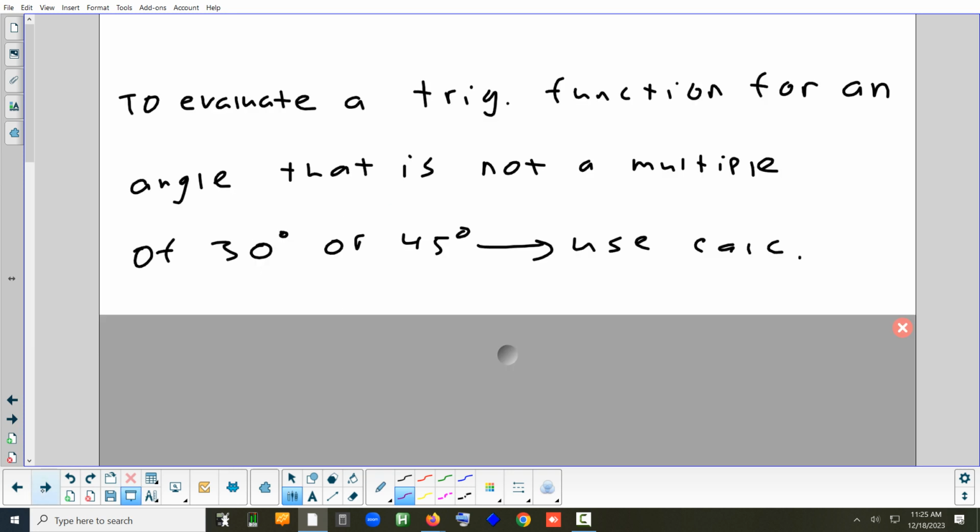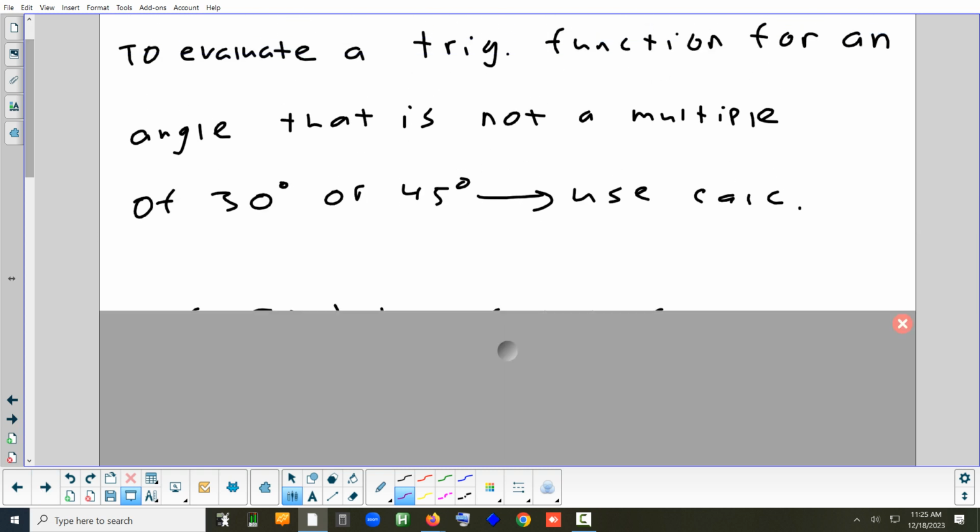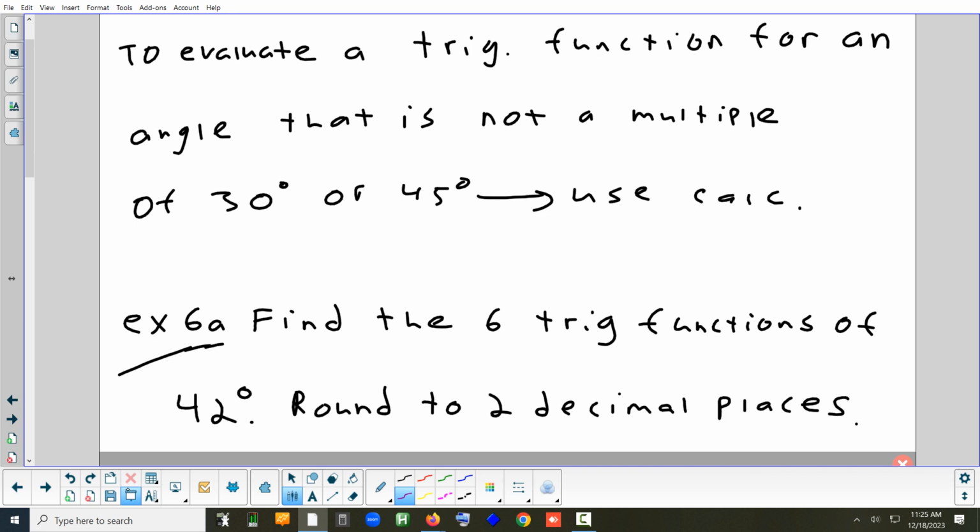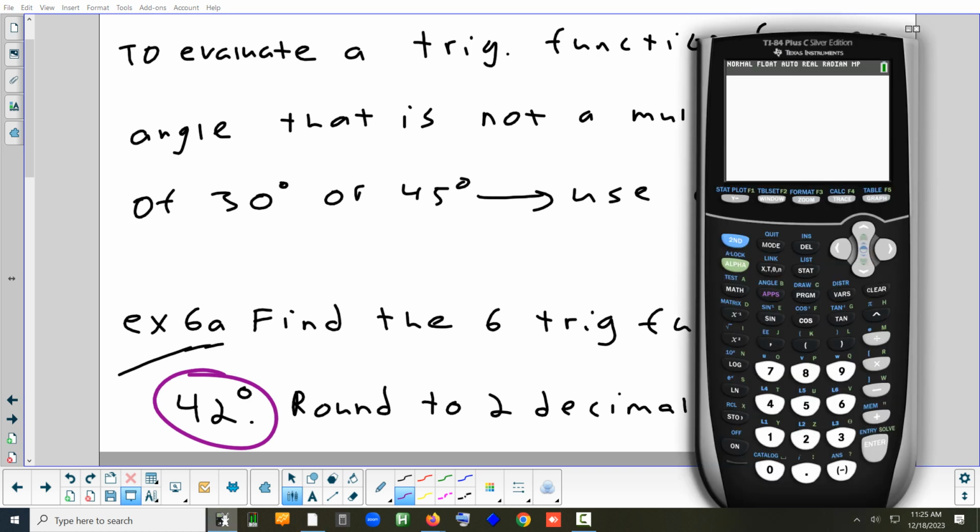All right. So what do you do if it's not a multiple of 30 or 45? Well, use the calculator. Let me show you how you type it in. Okay, first of all, what does that say? 42 degrees. Now, is that a multiple of 30 or 45? No. So you're not going to be able to get a coordinate for it. It's 42